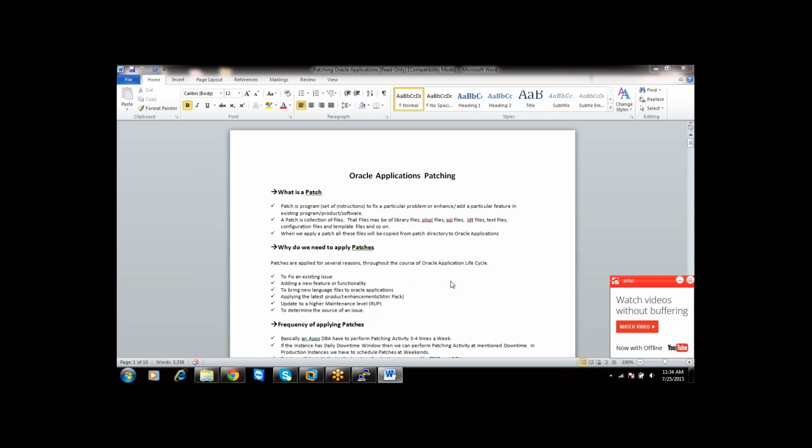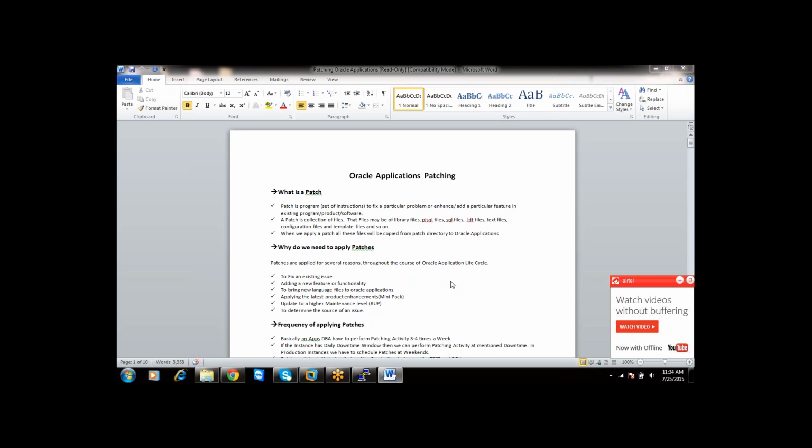The expected functionality of the application stops working. If the functionality is not working as expected, it might be called a bug. It might not work because of some database issue, some application issue, a file version issue, whatever it is. If your application is not working as expected, you can consider it a bug.